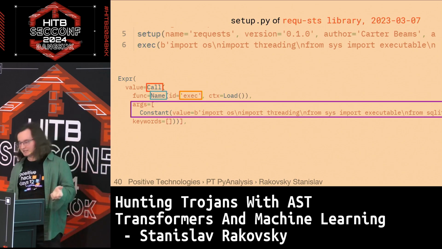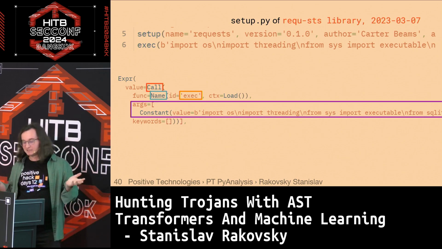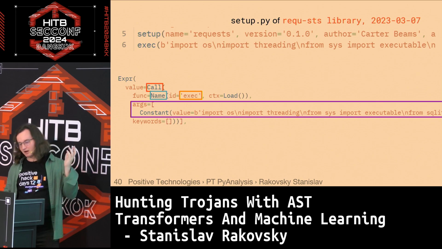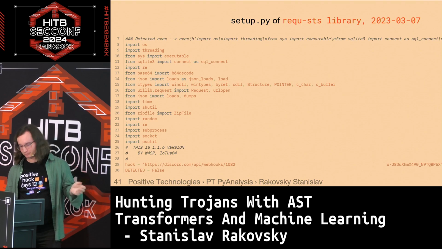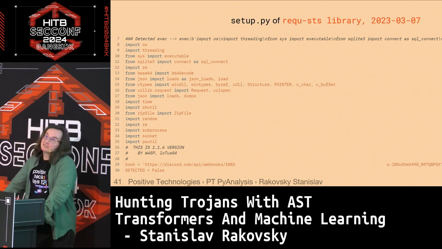In terms of AST, it also looks easy, like searching for a call of name exec with a certain argument as a constant. And yay, we successfully decoded this